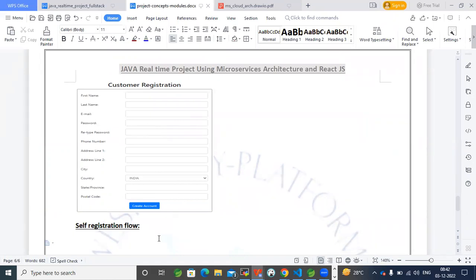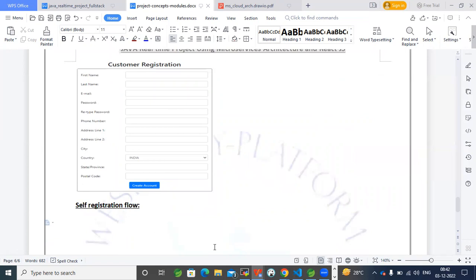Got it, right? You got the flow. So let me write that flow in the document. Yes, correct. Customers are being created by themselves by filling the form. Correct. So self-registration. The flow of the self-registration is: once the customer fills this self-registration form and clicks on create account,